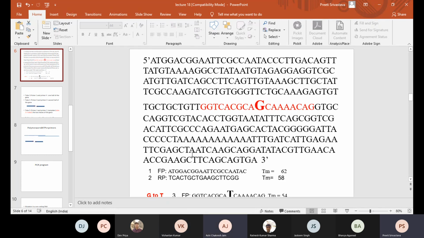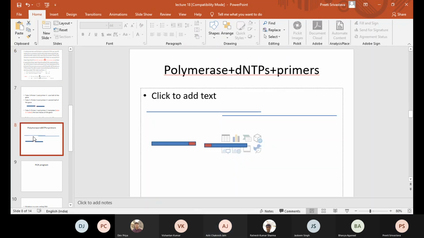Ma'am, I had one doubt. If you could go to the 8th slide. Yes. Ma'am, here when the re-annealing is occurring, won't the upper strand bind with its complementary strand? Because in that case, there are more number of similar sequences. Yes, so the possibilities are all. In the annealing mixture, you will have some which will re-anneal with themselves.